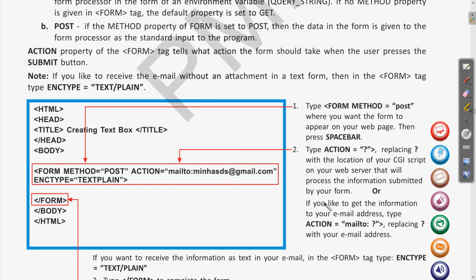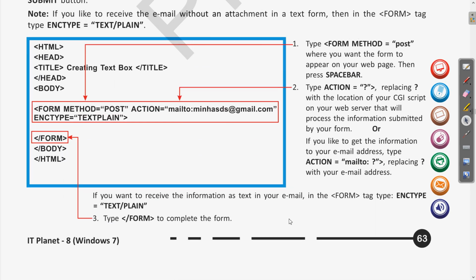So this mailto will send the information to the email address, and we were talking about that if we want the email to be sent without any attachment, without any enclosure, for that we use the enclosure type, and then we specify text plain.